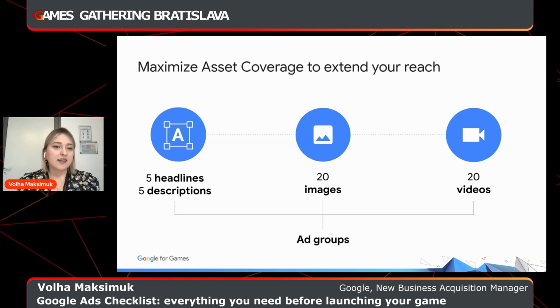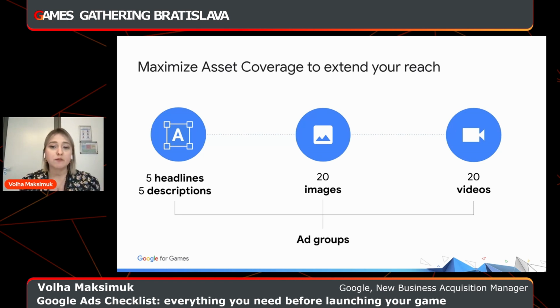So when it comes to asset coverage, there are different things you can do: text ads, image ads, video ads, and HTML5 ads. As you can see, I have not even added the last one to the group, as it is optional, and these three are the key for your success. Things to remember in general is that your app is an ad, so your main job is to showcase your app the most. It does not have to be an exhausting demo. It rather needs to be engaging.